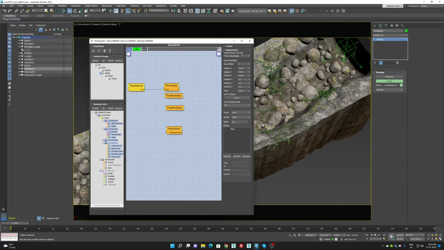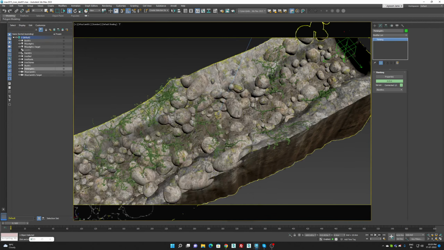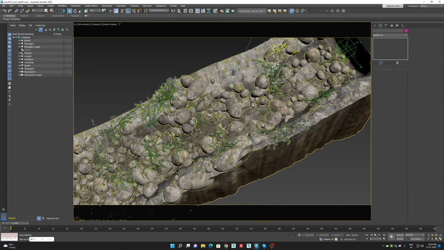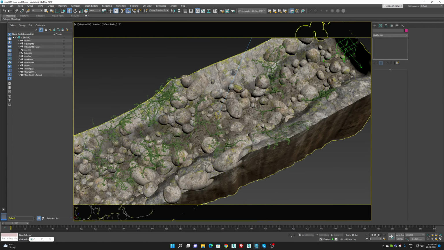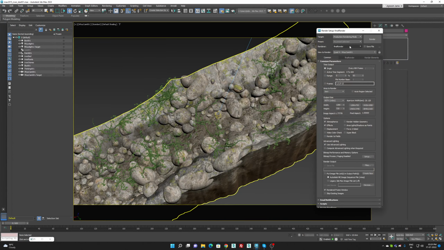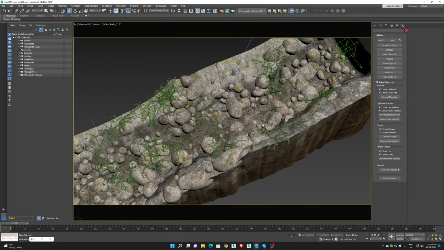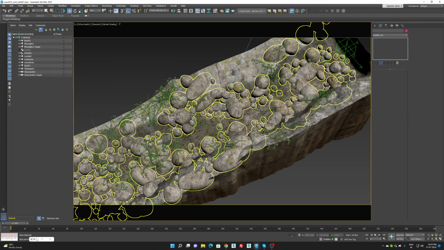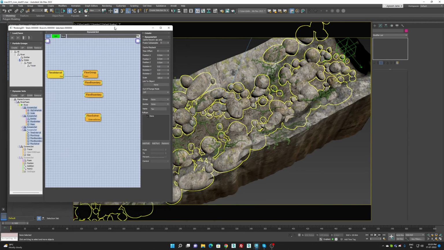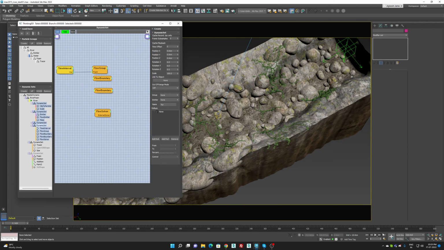Hi guys, so here is the scene from the Phoenix FD river scene, which I am using for the Thinking Particles river simulation. Originally this scene was in V-Ray and I switched to Final Render, and using this FR scene converter we can convert the entire scene from V-Ray to Final Render. Alright, so as you can see, the final simulation here with the tracer node,